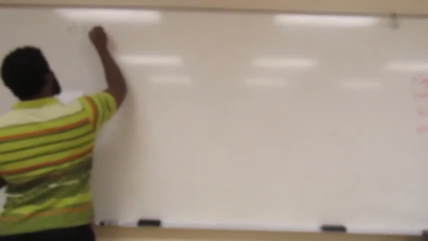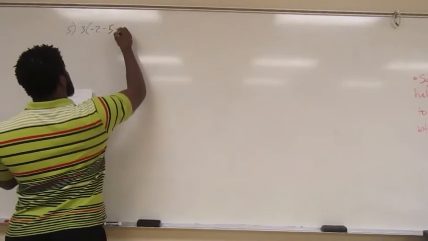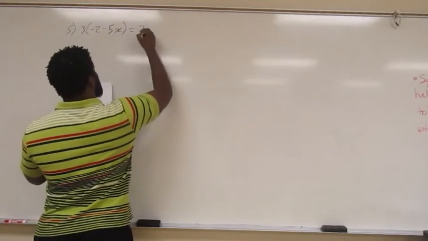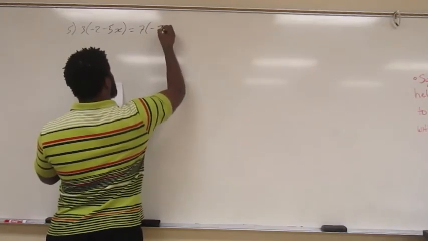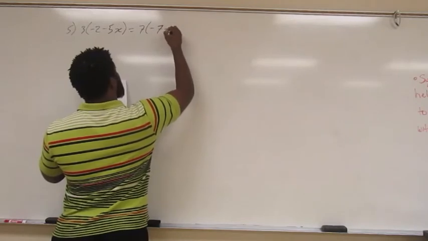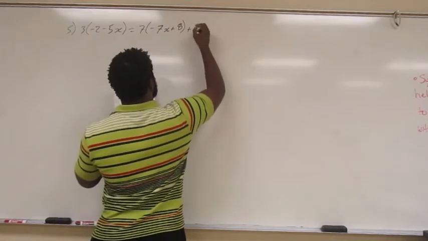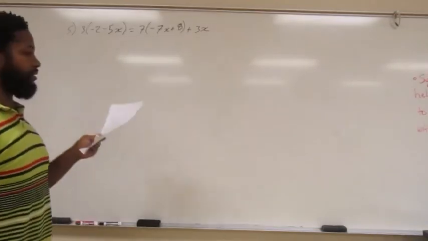3 parentheses -2 minus 5. Let me just change my m's to x's. It is equal to 7, negative 7x plus 8 plus 3x. Okay, so